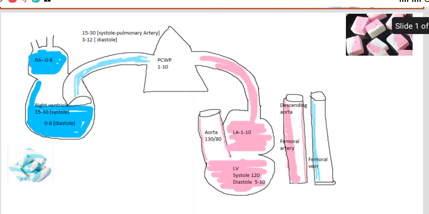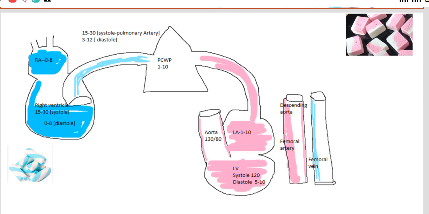First, when we get a question, we have to draw a small diagram, and you can draw the diagram as you like. I prefer to draw it like this: the right side in blue color and the left side in pink color, the left side being the left heart. But in the exam we are not putting colors, and when we practice we don't want to put any colors either. At the beginning, if you like, you can put colors, but I do understand it's very difficult to remember